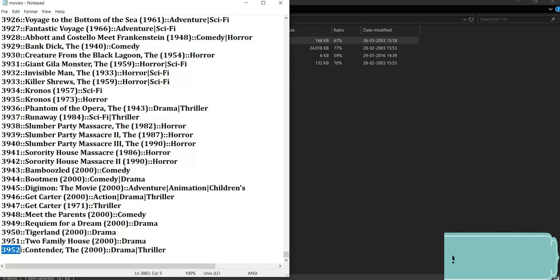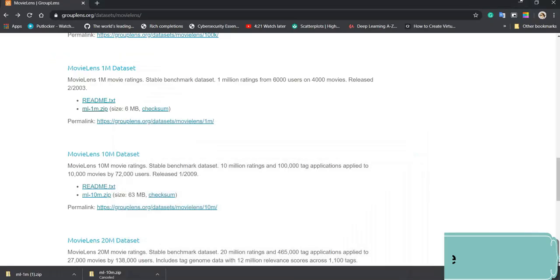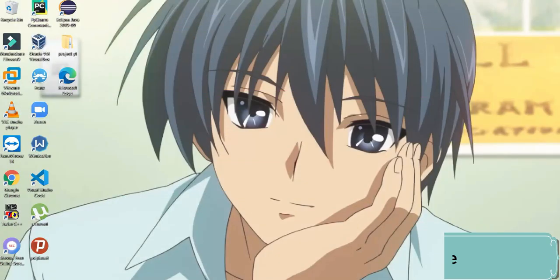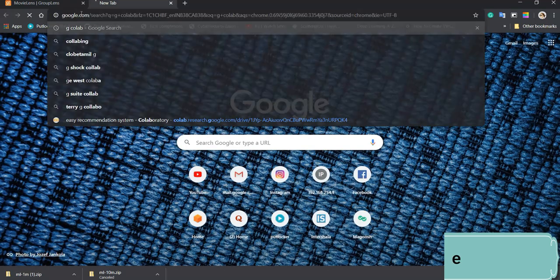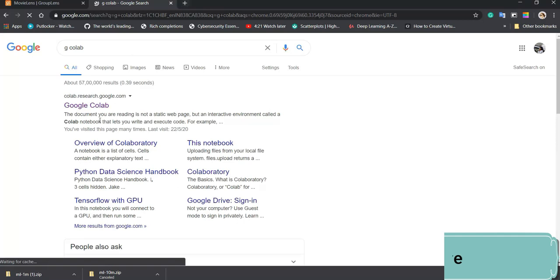And now to Google Colab. I'll show you how to import the dataset to Google Colab. All you have to do is first make sure your dataset has been stored on Drive. Now we'll start with Google Colab.